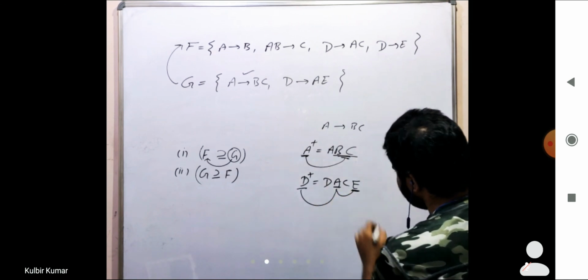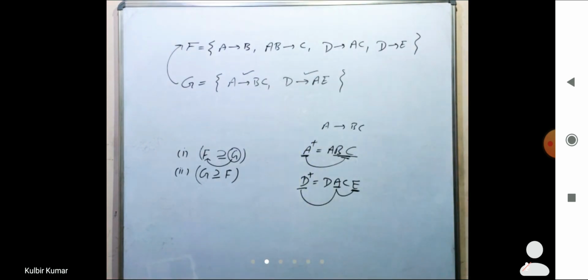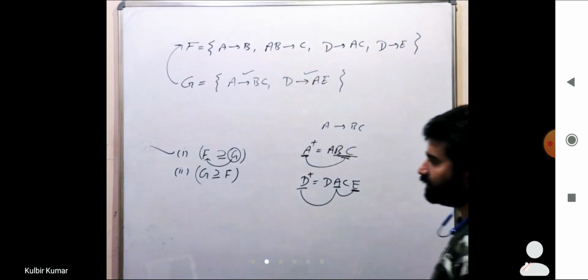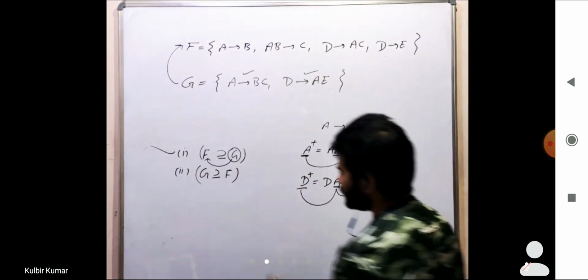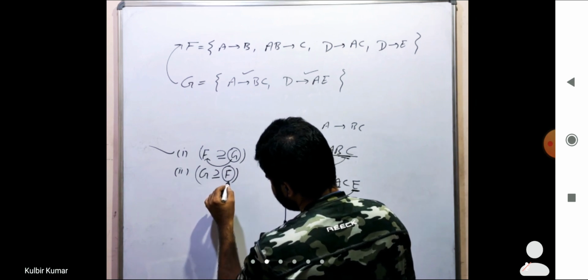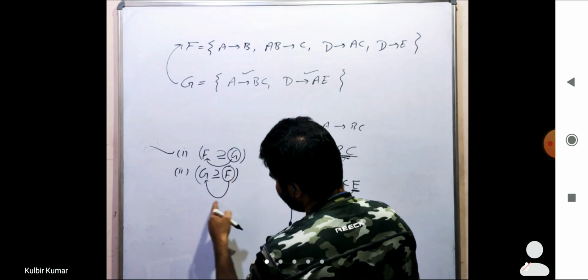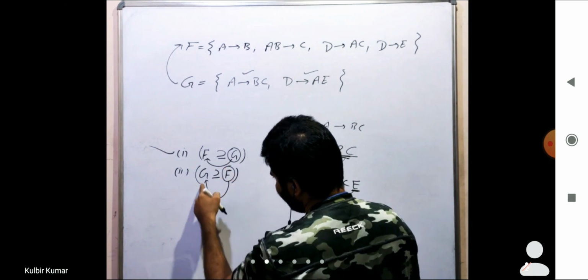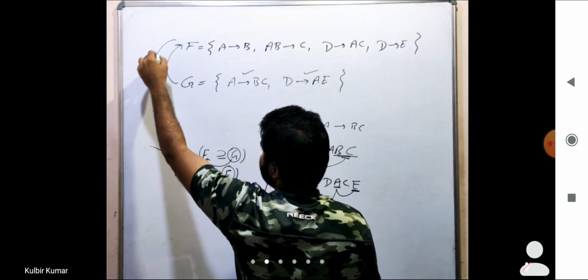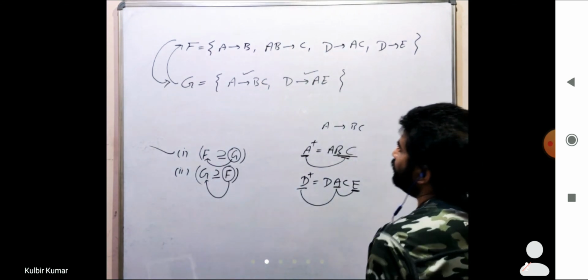So this is what I am also deriving. So this is also valid. So we can say this is the right one. F cover G. Next case is what? G cover F means functional dependencies of F are covered by G or not, or F are implying in G or not. So I will check for this case. All the functional dependencies of F are covered in G or not. So I will take this case.